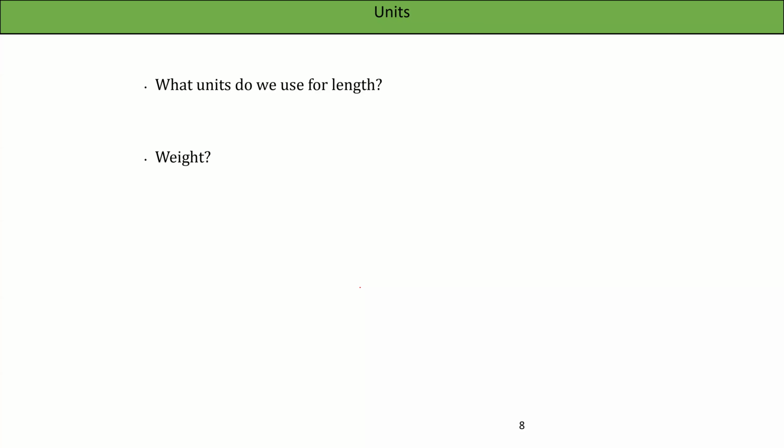Just more fun thinking about units. What do these numbers mean? What units do we use for weight? Pounds. Pounds and grams are our standards, right? We're not going to do much with pounds in this class. There's not a good conversion. There's an okay conversion, but it's not an exact conversion to go from grams to pounds,